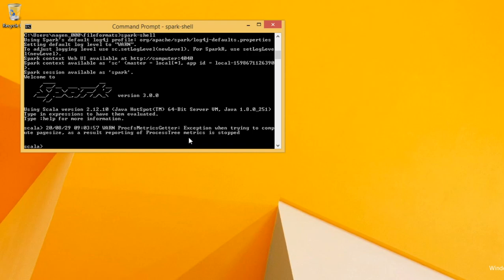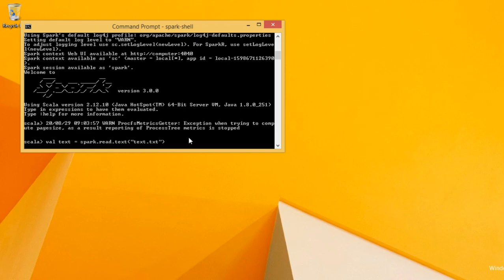Let's see how we can read a text file. val text equals spark.read.text("text.txt"). So this is how we read text data. It's simple.